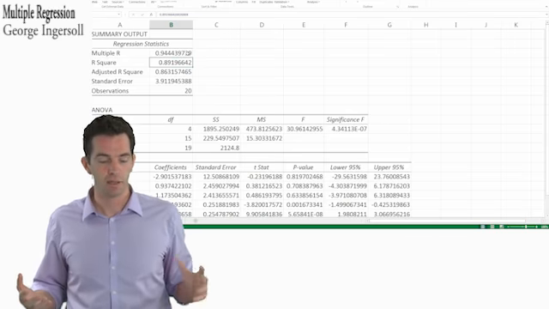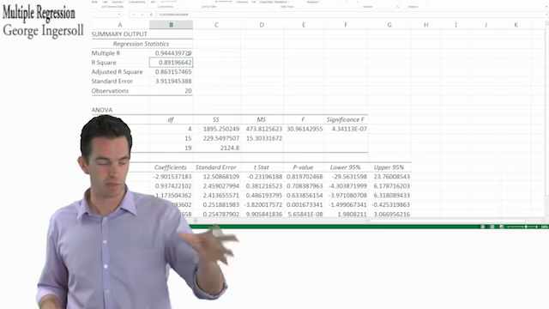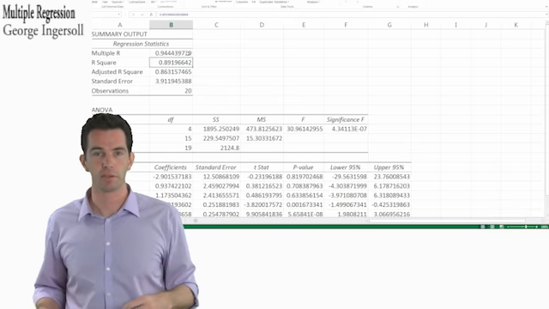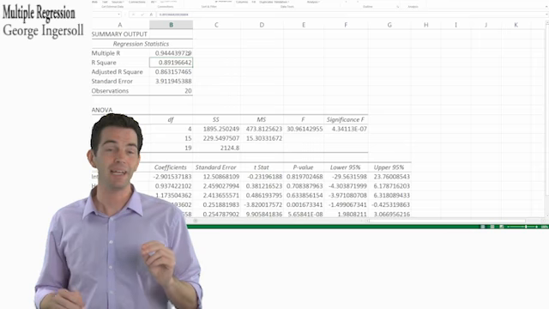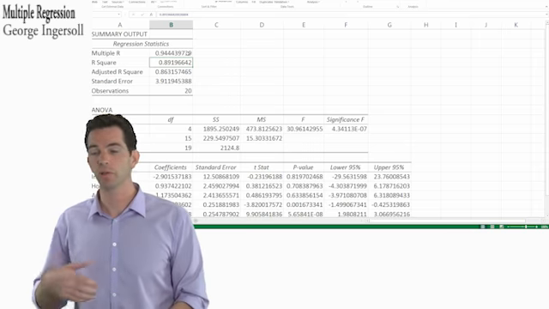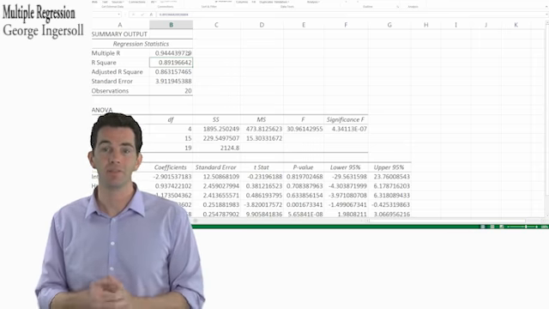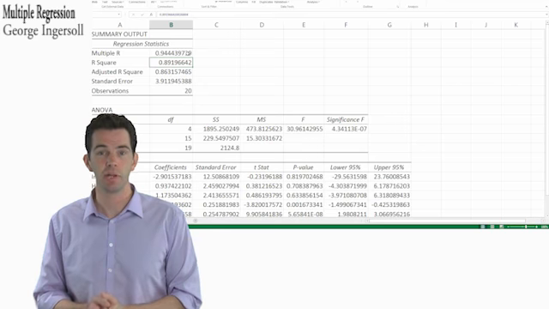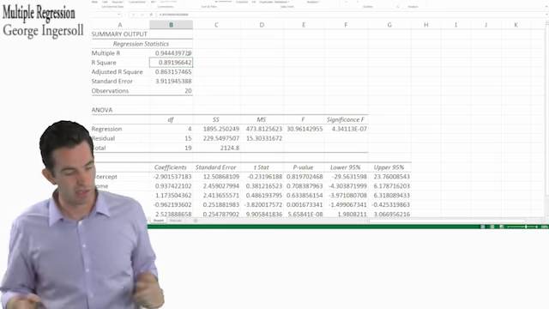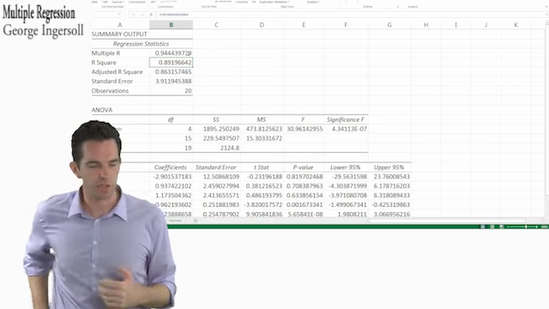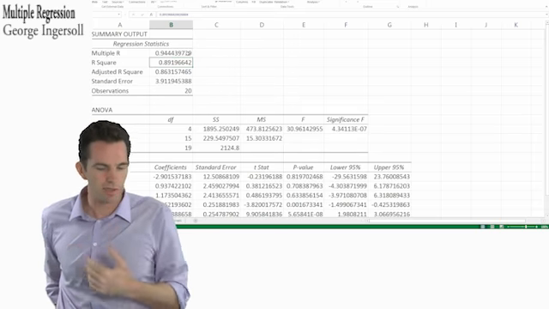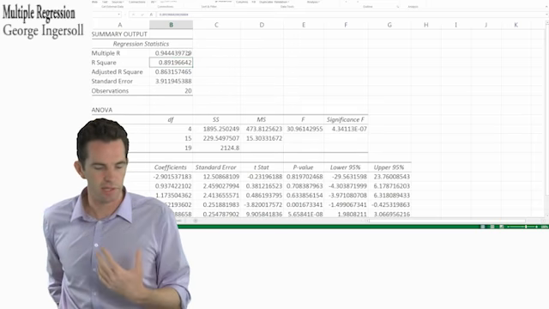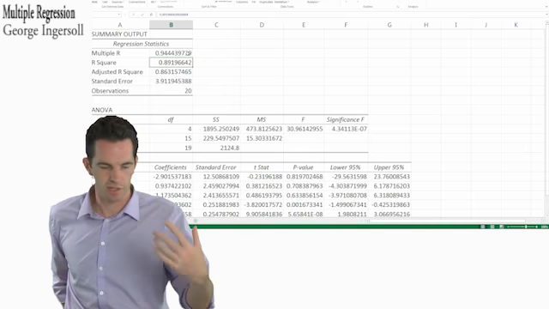Because, like I said, R squared is always going to go up. So you can always just keep throwing junk in there and R squared will go up. But adjusted R squared might go down when you add in another predictor variable that really doesn't add much to your equation. So striving for a high adjusted R squared. And adjusted R squared is, like I said, a good factor to gauge the success